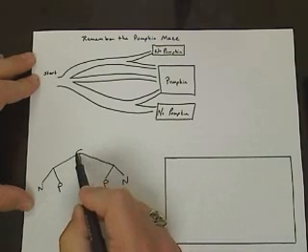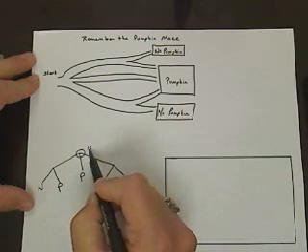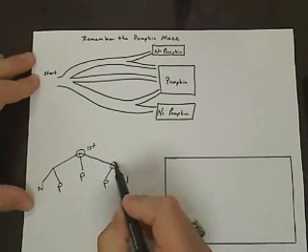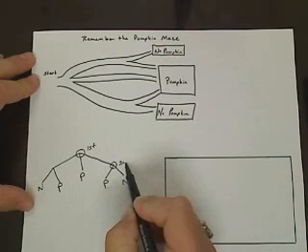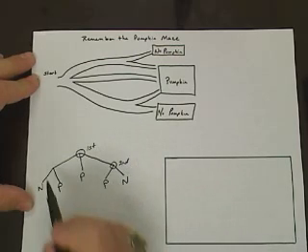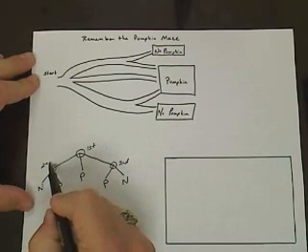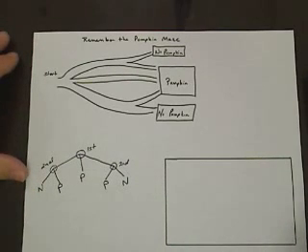So notice this is the first event, and this is the second event. So what that's going to do is cause your rectangle to be broken up into two different events. So the first event